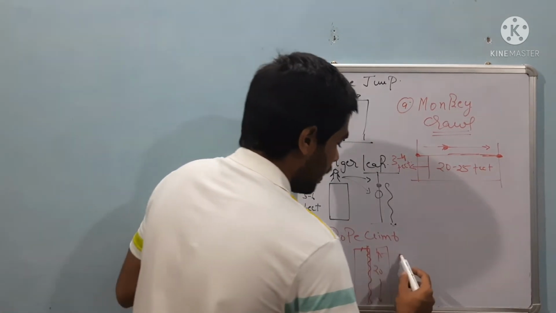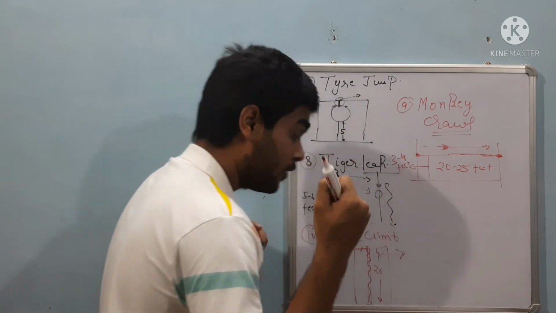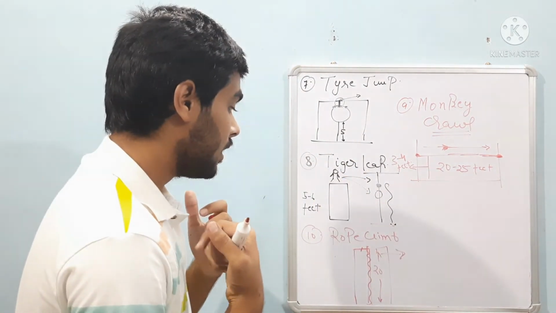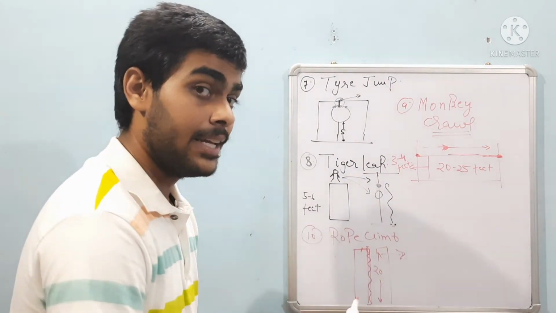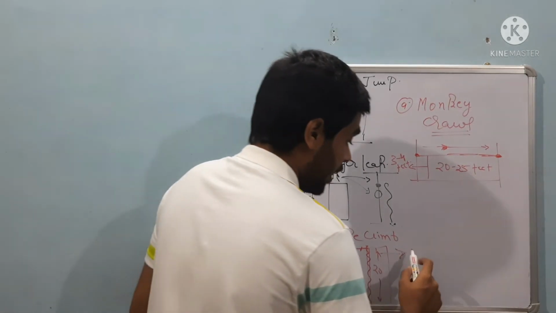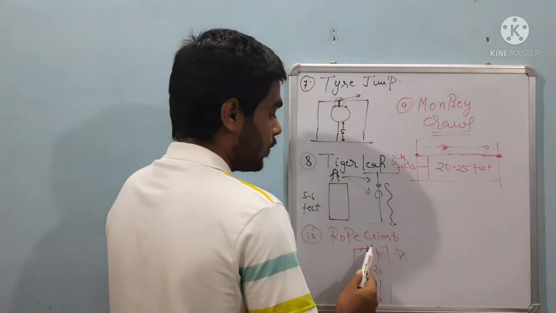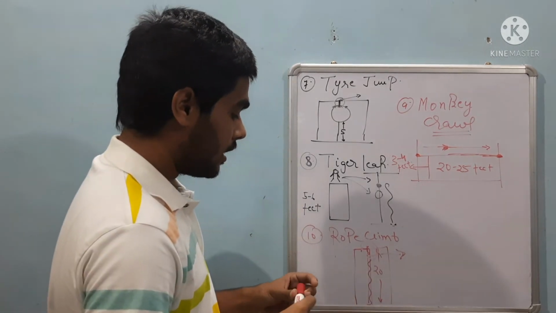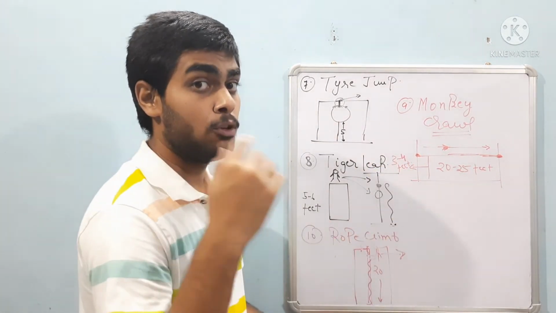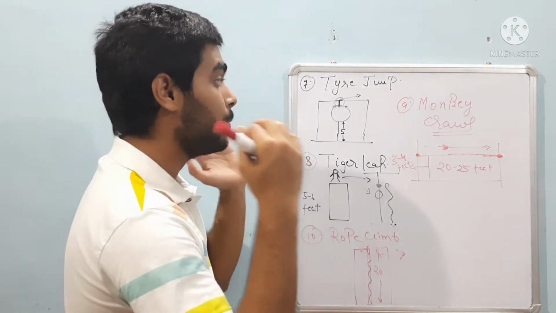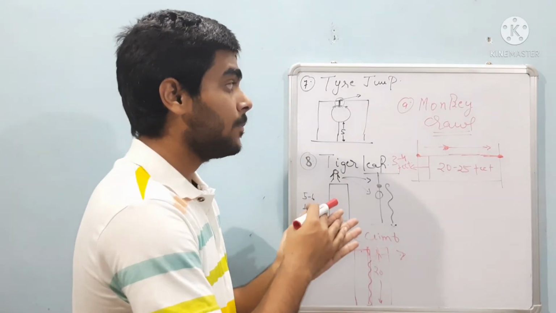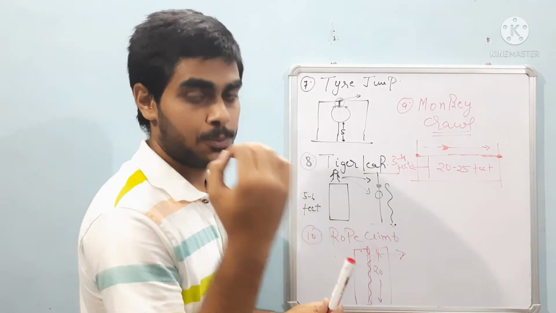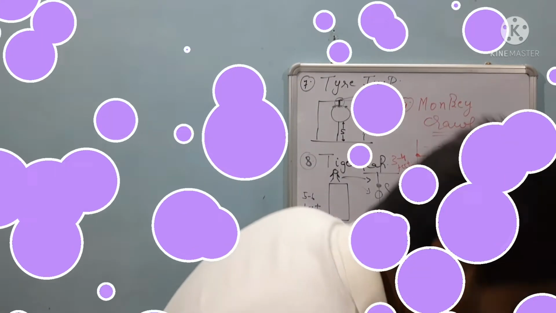So this is a very hard obstacle, because in this a lot of physical strength is needed, and a technique also is needed. So with the help of physical strength and technique you can climb this rope. So I have given you all the obstacles of the Air Force Selection Board, and now I will tell some rules which will clear your doubts about the individual obstacles. So the rules are: